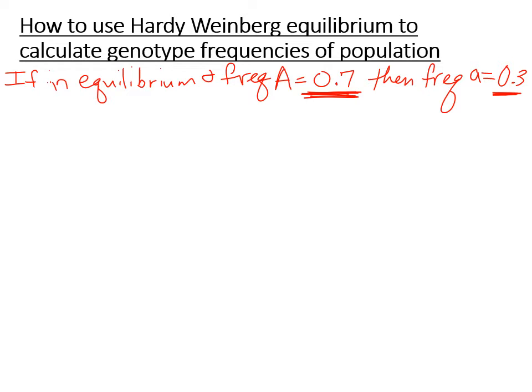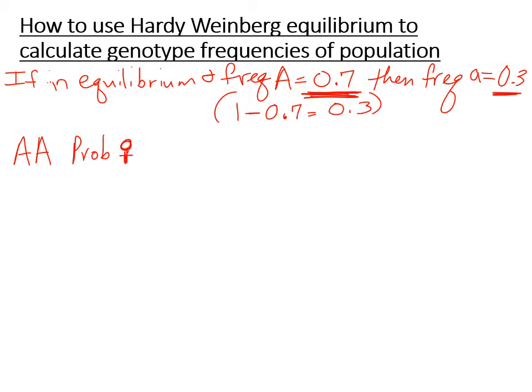So if I give you the frequency of one allele, you can automatically figure out the other by simply doing 1 minus the frequency of the first allele. Okay, and that gave me 0.3. Then, with that information, I could figure out the frequency of each of the genotypes, right? So we start with homozygous recessive. And ask yourself what these letters actually mean. Well, the probability that you get